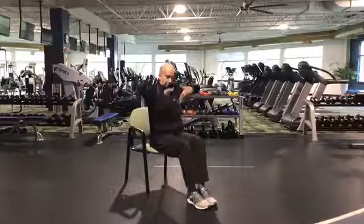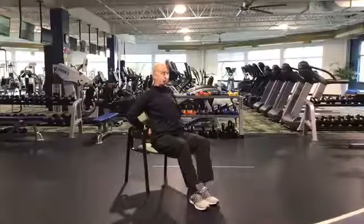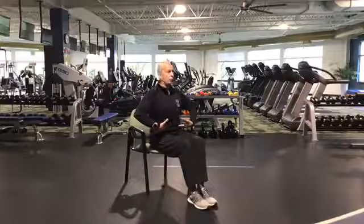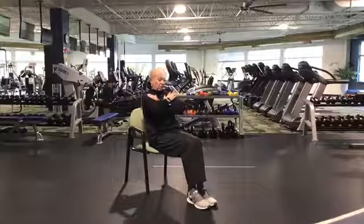Belly has a little bit of this C shape. We're pulled in. If you get to the place where your back is doing this, it's a little tricky. It may not be the safest for you, so just rest. You want to get this kind of shape. All right, here we go. And begin. 1,